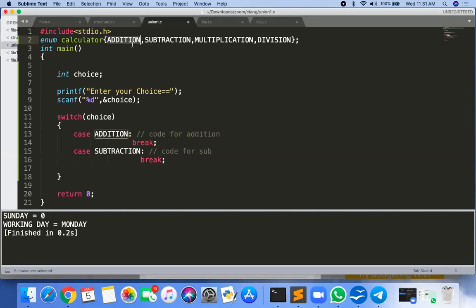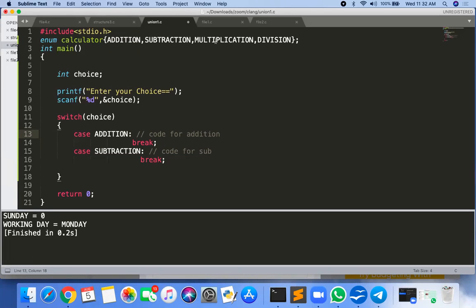Your enum says, yes, I have the symbolic constant, this is addition. The value of addition is 0, replace 0 there. So case 0 will be there. But choice should be 0 there. If you want to execute this code for addition, you should give the input as 0. If choice equals 0, then only case addition will be performed in case of this declaration. Getting? Okay, so one more time, revise that menu driven program.